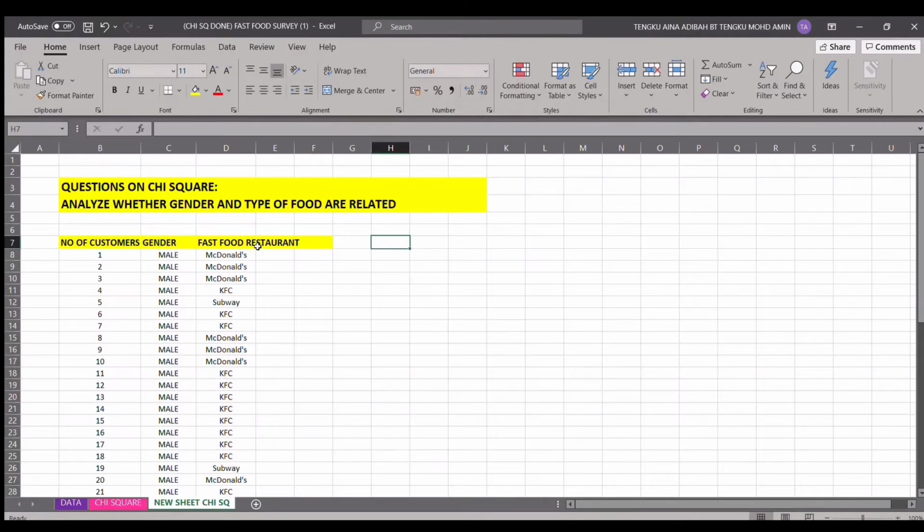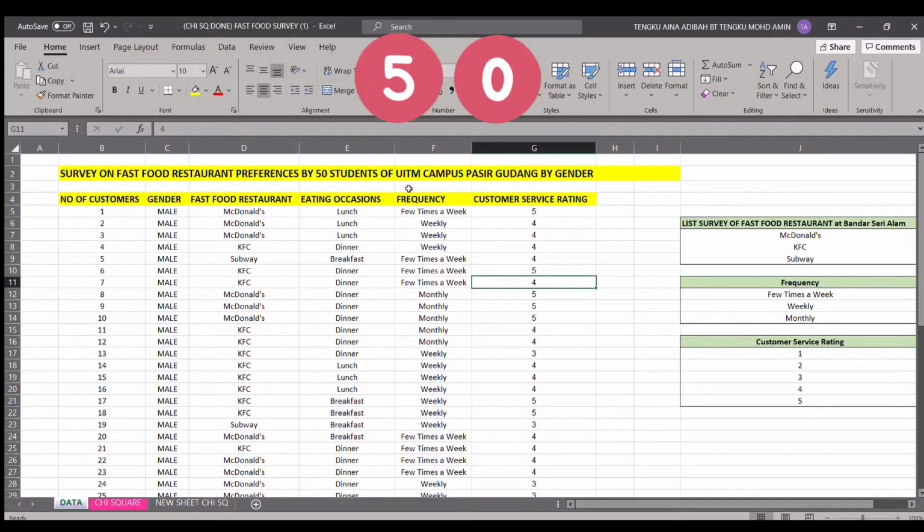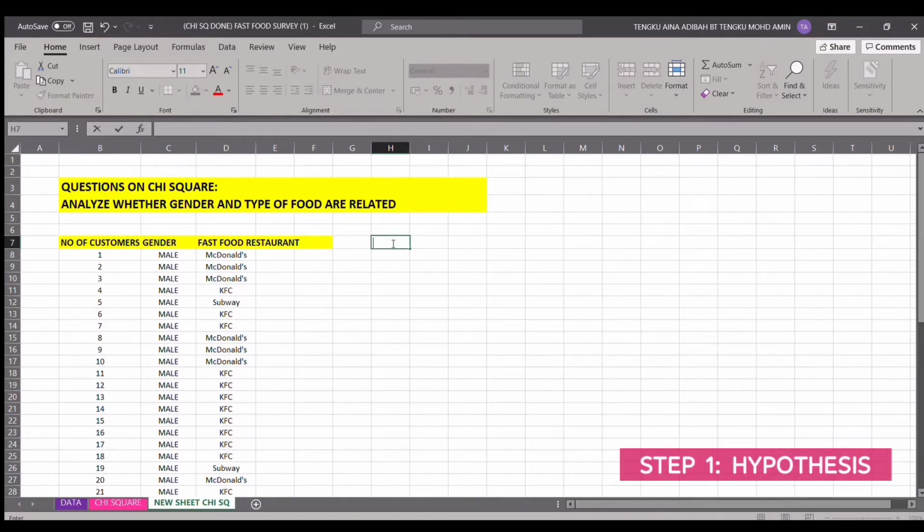So today I will explain how to find chi-square. The data that we will use to conduct the chi-square is a survey on fast food restaurant preference by 50 students of UiTM campus Pasir Gudang by gender. However, we will conduct the chi-square based on this question, which is: analyze whether gender and type of food are related. So step 1 to find chi-square is